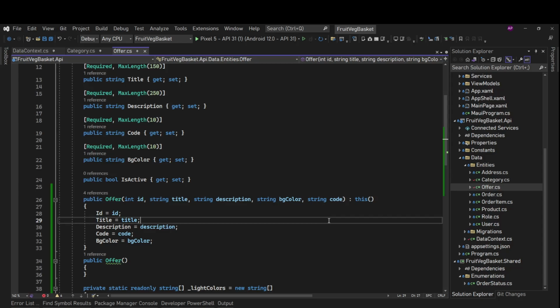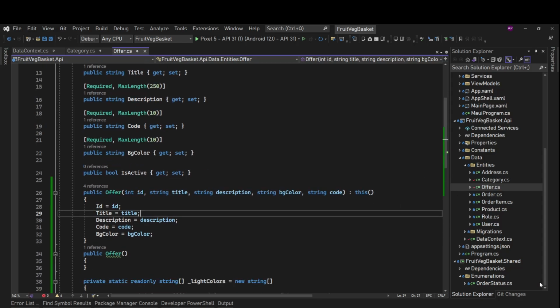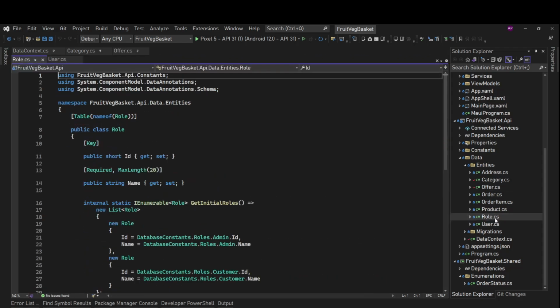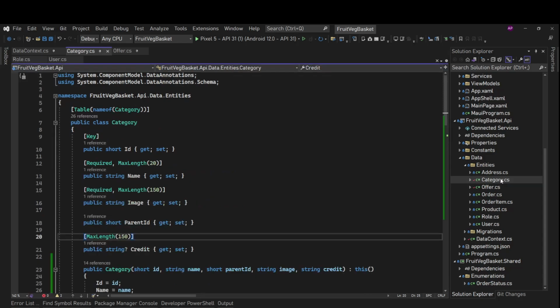Alright, so in the previous part we were working on our API and we created these entities in the API. We created the DB context, we added some migrations, and then we were adding seeding data. We added seed data for user and roles, and after that we had to do this for category and offers.